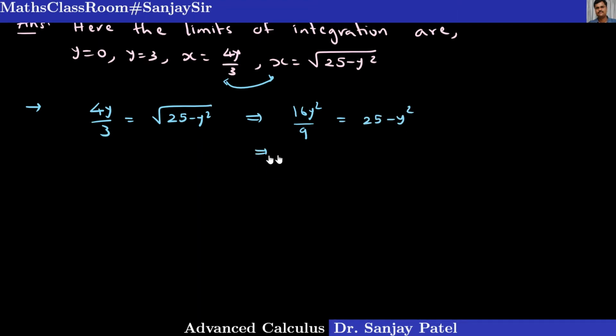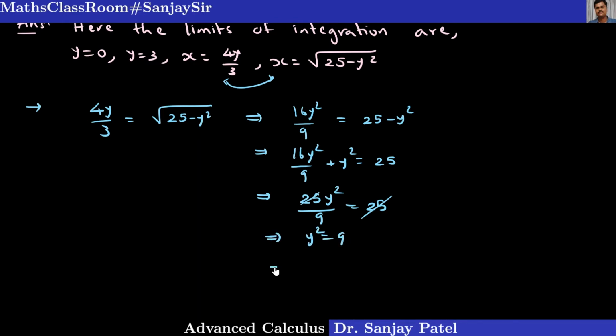So 16y square by 9 plus y square is equal to 25, which gives us 25y square by 9 is equal to 25. So y square is equal to 9,